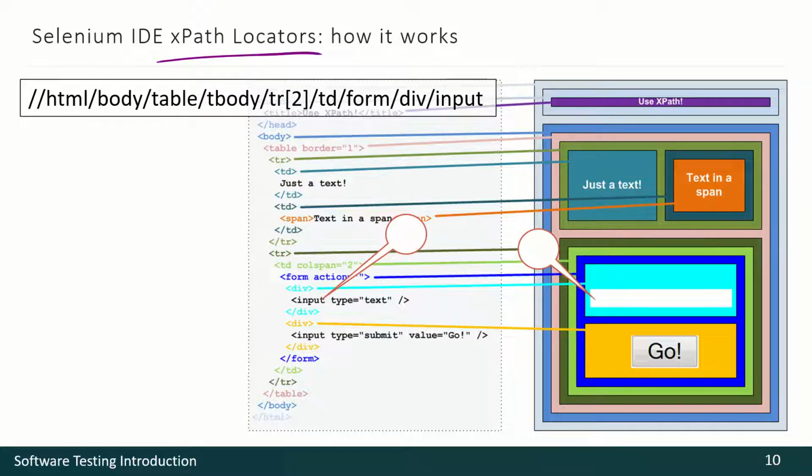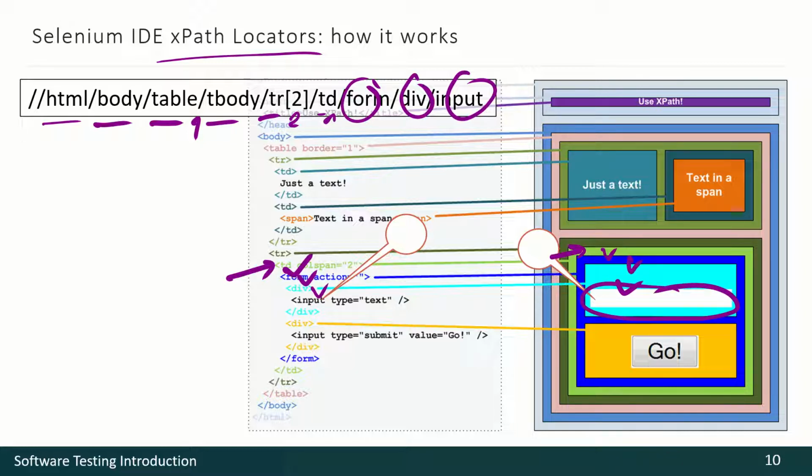And one of the most complicated locators here: HTML body table number 1, tBody table row number 2, table data number 1, and then form div input. We've already seen how to get here, and then the form, the div, the input. Here it is, form div input. So this is the element we were looking for with such an XPath locator.